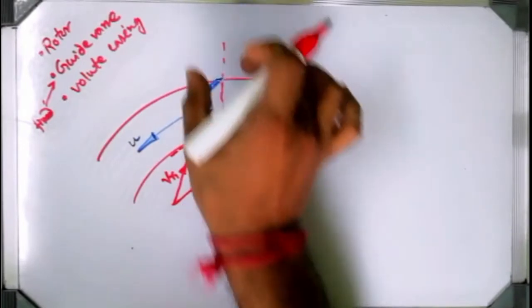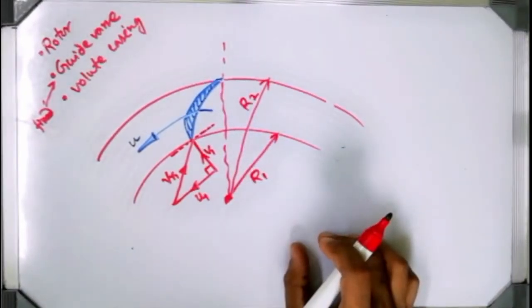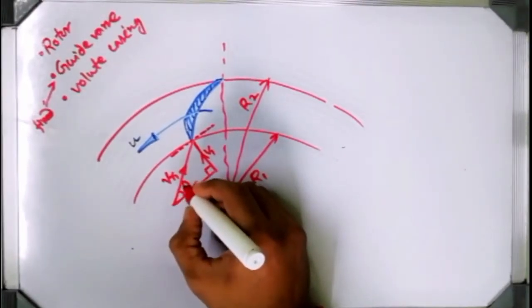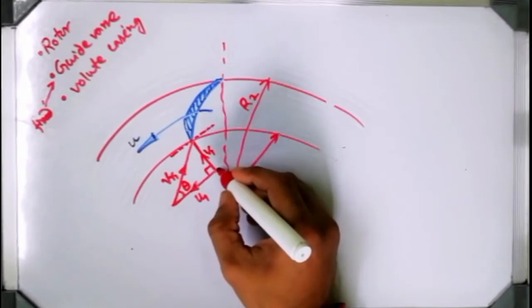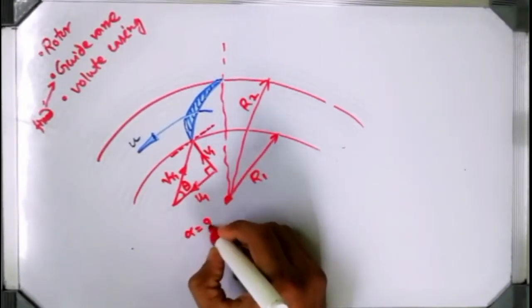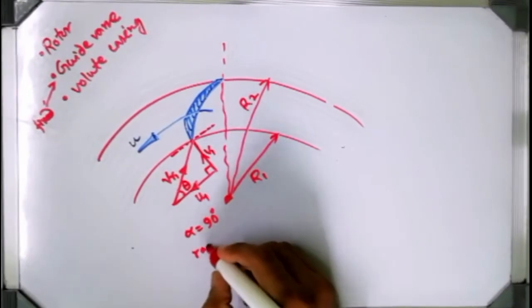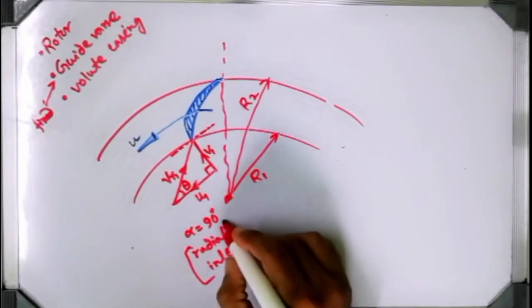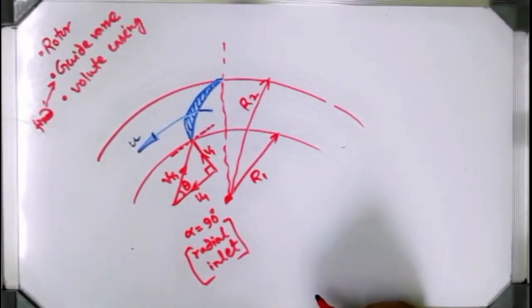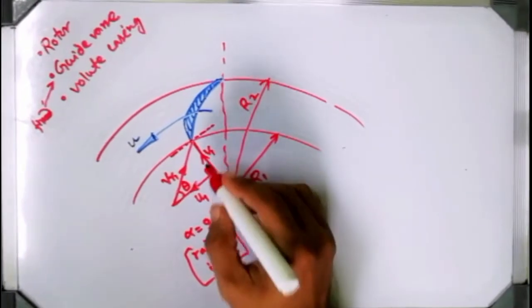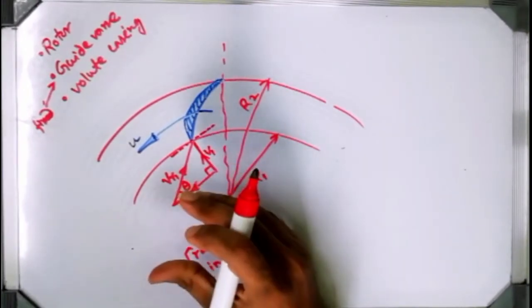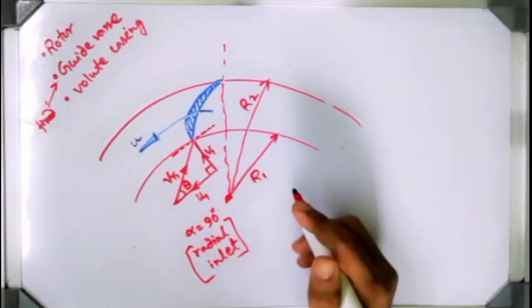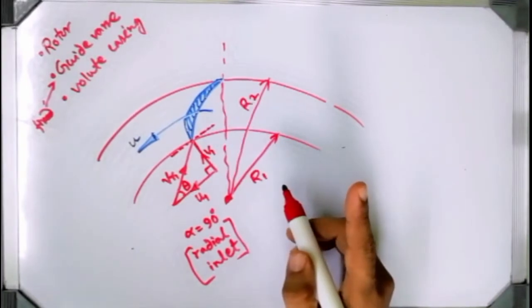You can see the outlet of the Francis turbine. Now here this is the angle known as theta, and alpha will be there, but here alpha is nothing but 90 degrees. Why is it 90 degrees? Because it is a radial inlet. Because it is a radial inlet, that is why this alpha angle is 90 degrees. Obviously V1 will have two components. One is the wheel component, which is known as the tangential velocity, and one is the perpendicular component, which is known as Vf.